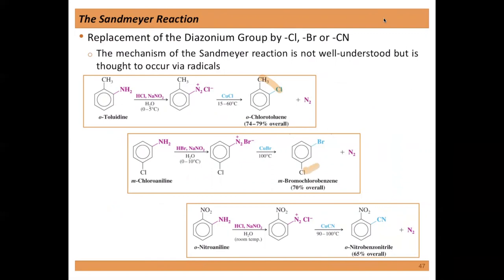Now, if you look at this middle example down here, that's a reaction that with our previous aromatic chemistry, we wouldn't have been able to accomplish. Because bromine is an ortho-para director, chlorine's an ortho-para director, so there would have been no way to actually make those meta to each other. And so the question is, well, how do I do that? Well, we can do that by